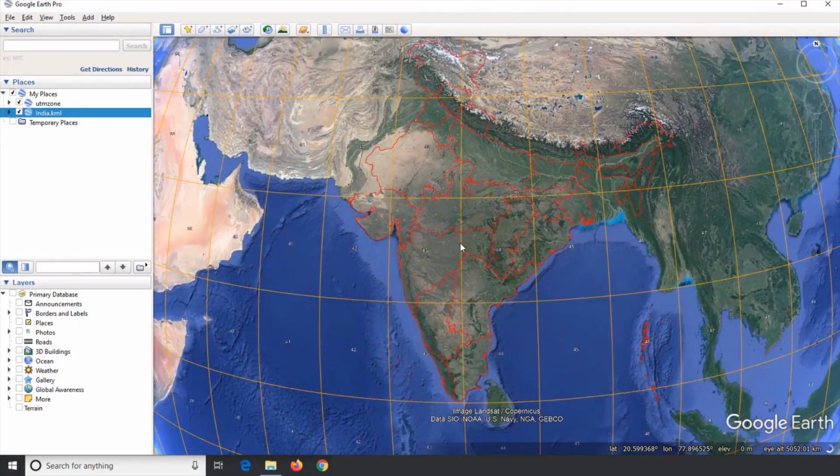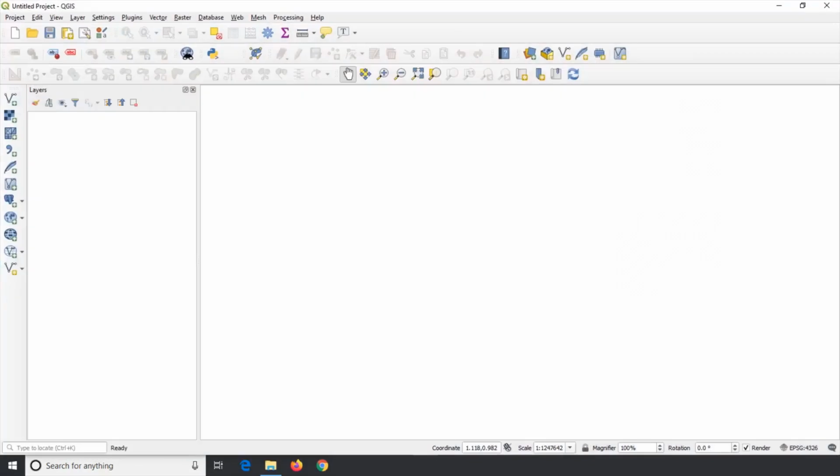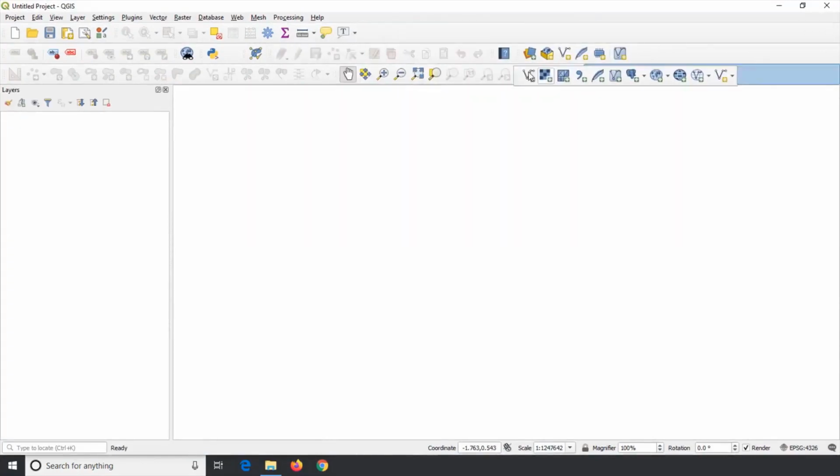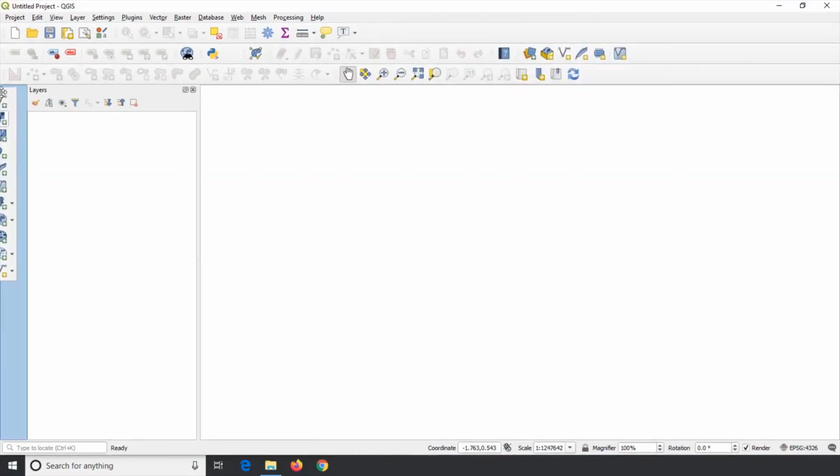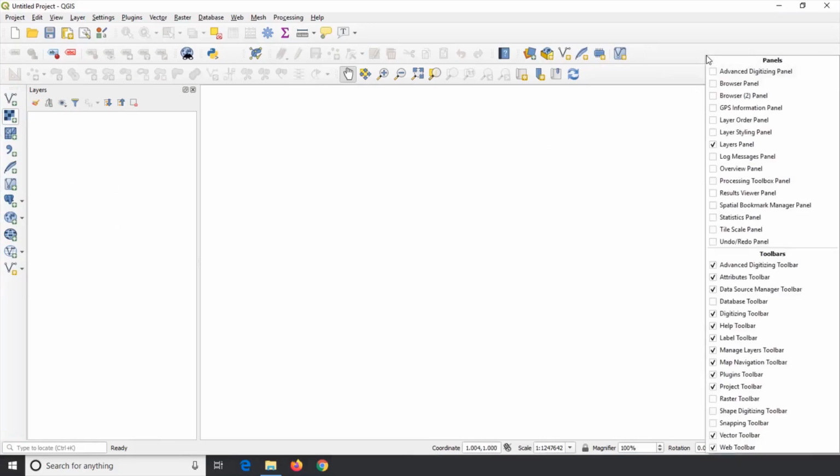Now we will move on to software to define the projected coordinate system for our georeferenced image. Click on Add Raster icon on Manage Layer. You may keep this toolbar in some other location of the window. Look at the toolbar where it is located. If it is not available on the screen, open the tool by right-clicking on the empty toolbar.